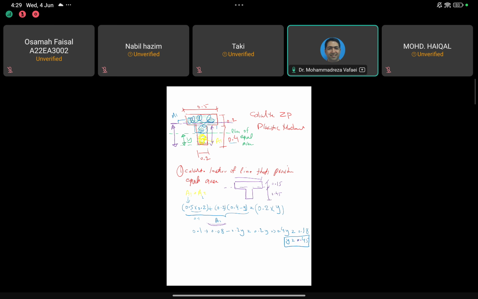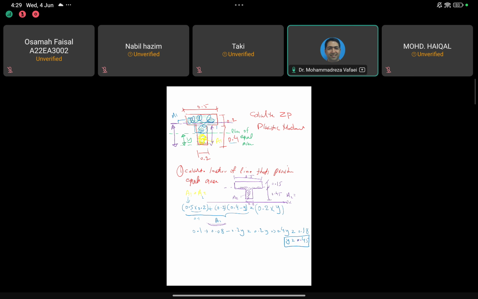And from here to here is 0.5, and the width also is given to us, 0.2. So the area below the line is this area. So if you calculate that one, I call it A2, it's going to be 0.2 multiplied by